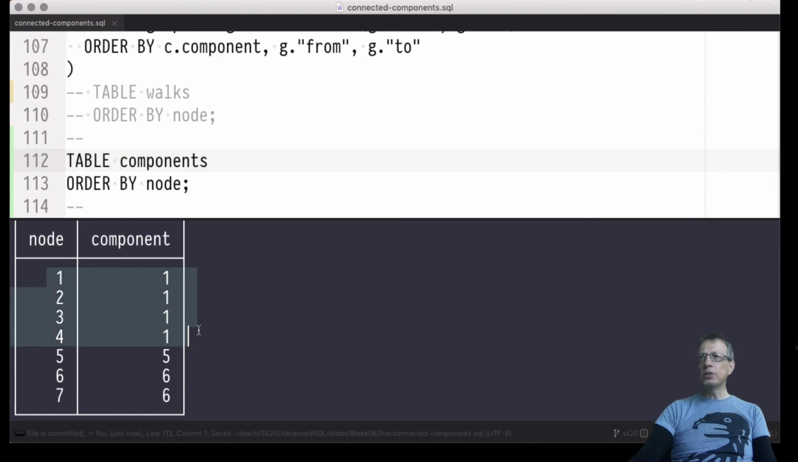Indeed, the first rows A, B, C, D live in component 1, and the E node lives on its own in component 5, and F and G live in component 6, as expected. Okay, so that's actually the connected component computation done already. Everything else is